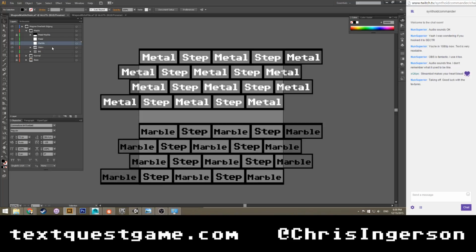It's not like stone, where stone has to be chiseled out. The metal is usually raised from the same piece of metal. So let's go ahead and open this up. Let's move this into metal. Let's move this into marble. Delete stairs.